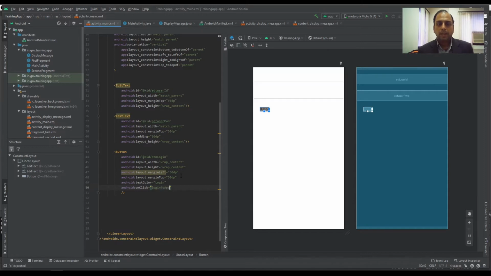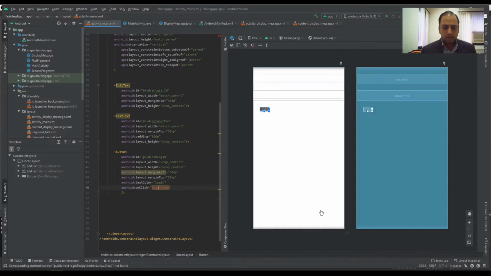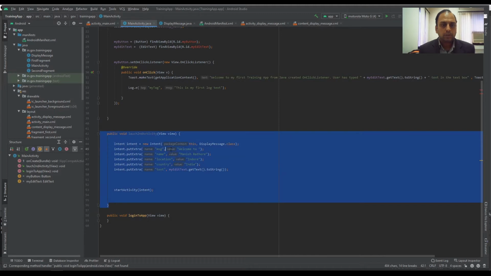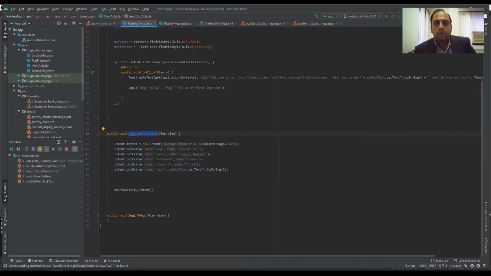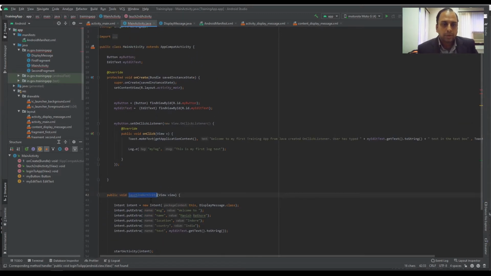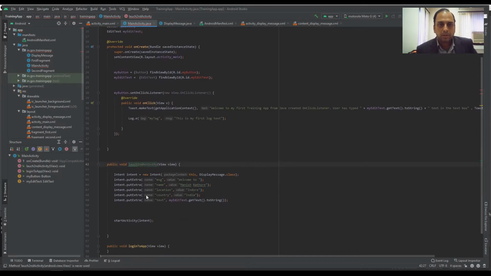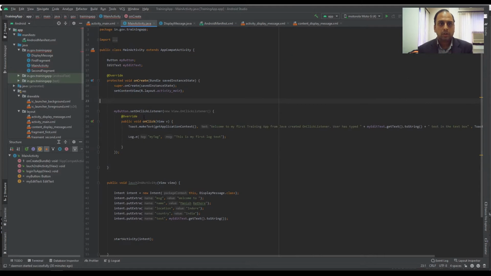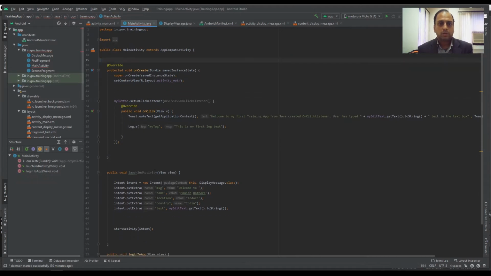Login to app is the name of the function that I'm giving, and just press Alt and Enter and create. And here I'm just going to delete this because it is not available, but you can keep it there, because although it is not being used, it can be kept as dormant. Okay, I have deleted these two things, so these are not required.